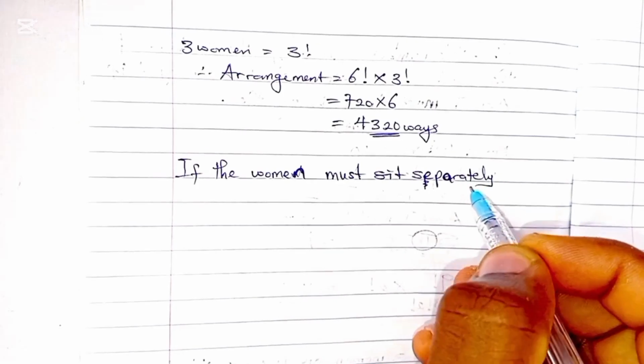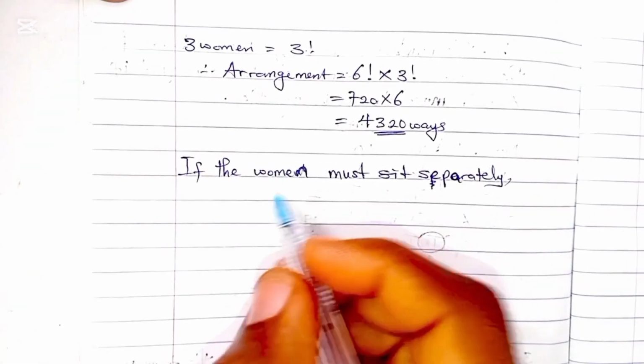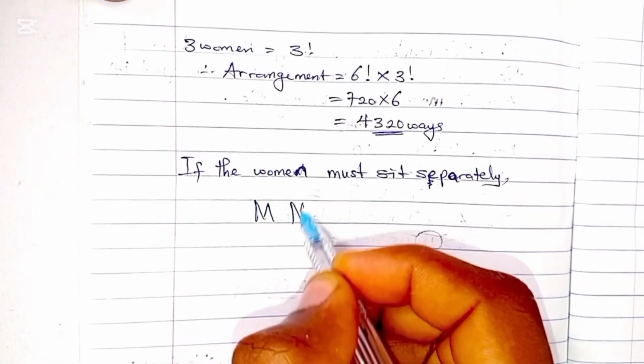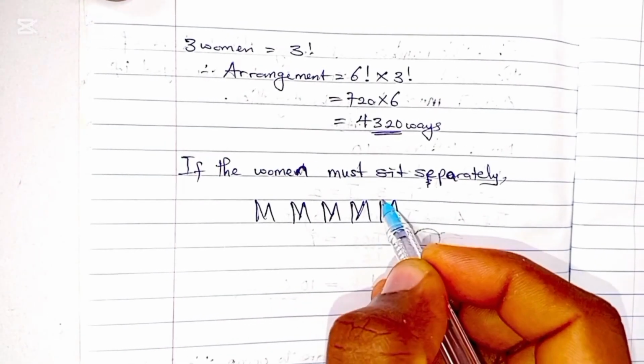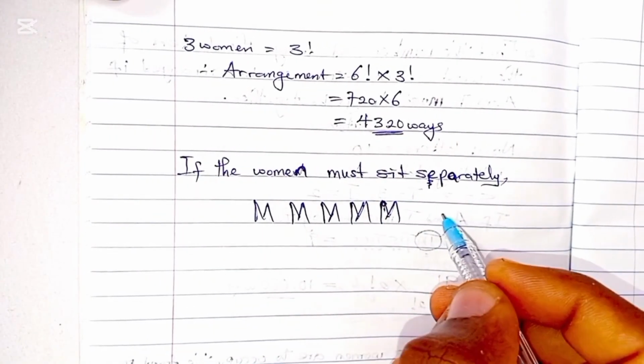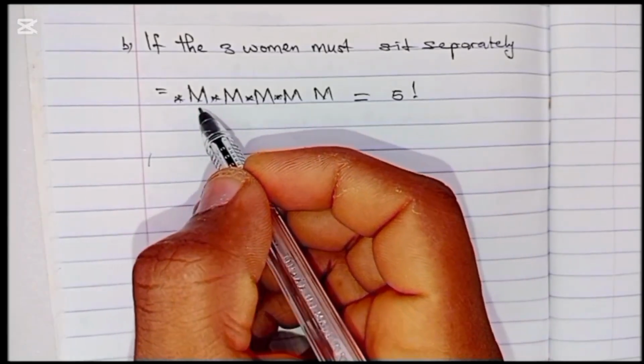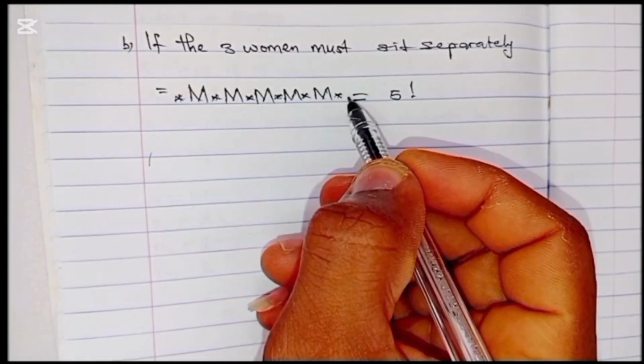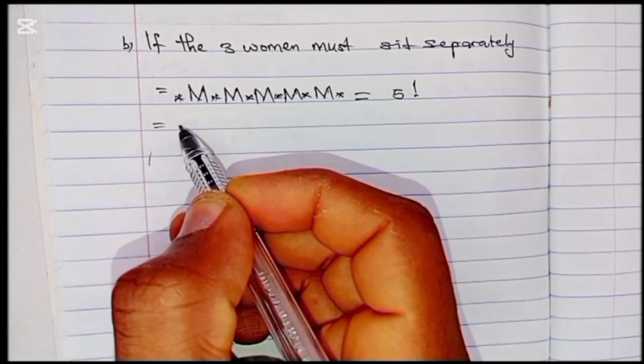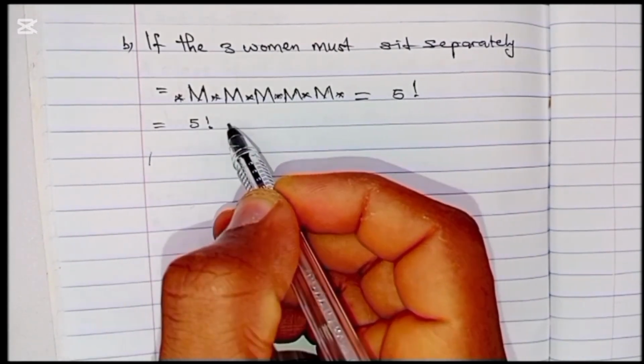Now if these women must sit separately, that's a very interesting aspect. It means that the men will be permuted first. 5 factorial is the number of ways the men can sit, leaving the women to sit separately with men in between them. If the men are seated, then there will be 6 available spaces